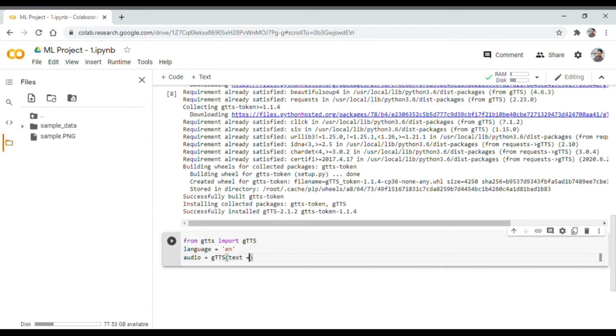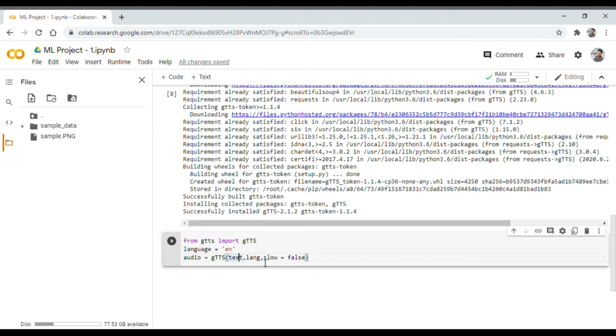Let me just explain the format of gTTS: text, then lang for language, and slow equals to false, which means we don't want it to be very slow. Here we have to fill in the text wherever it is stored, and then the language.